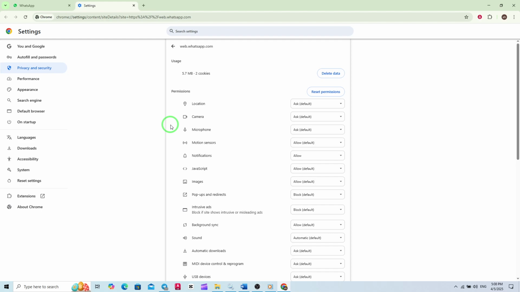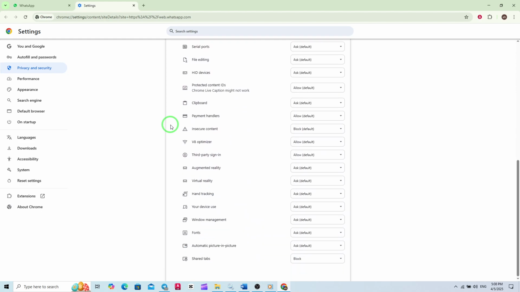Scroll through the list of permissions until you find the Shared Tabs option. By default, this might be set to Block or Allow. What we want to do is change this setting to Ask. This means that WhatsApp Web will request your permission each time it needs to access or share information across multiple